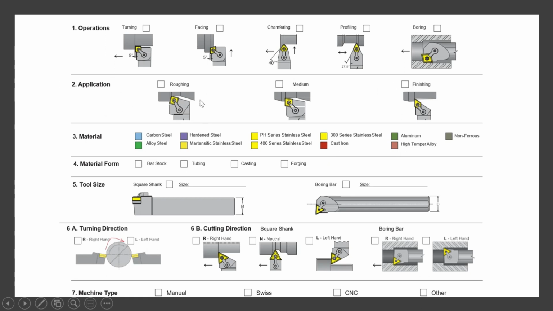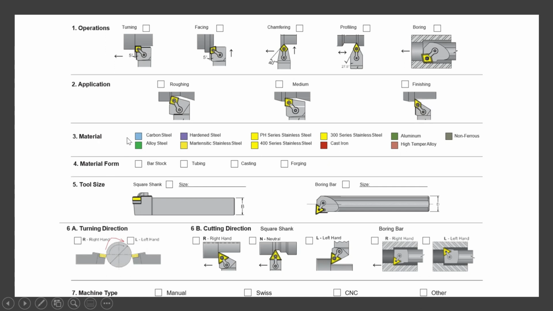Whether the operation is rough, semi-finish or medium, or finish, because for roughing more force is required to remove the material. In the case of medium, less force is required, but you can use a bigger depth of cut, and in finishing you are going to use less depth of cut and higher cutting speed, so that we get a better surface finish.